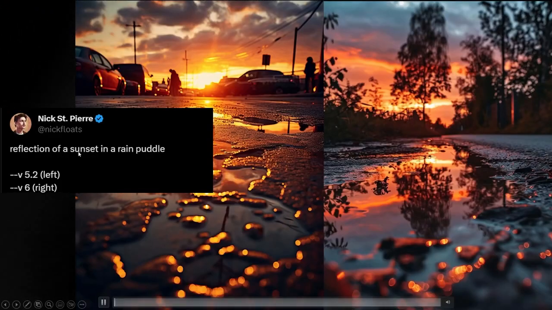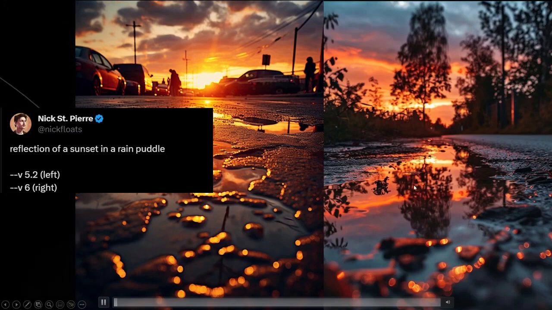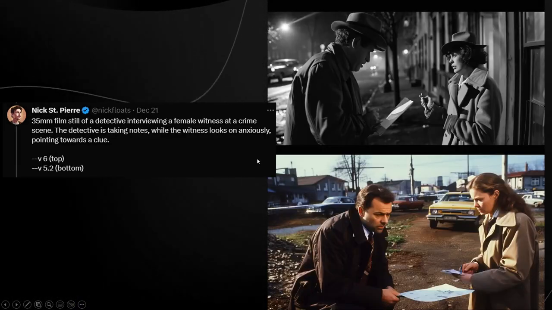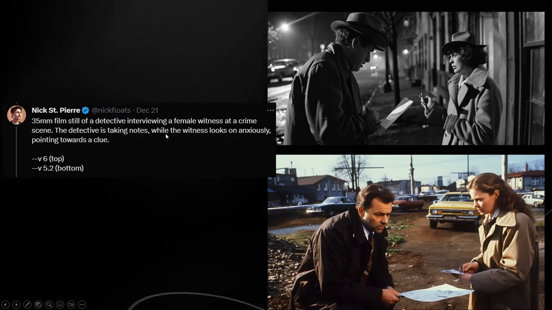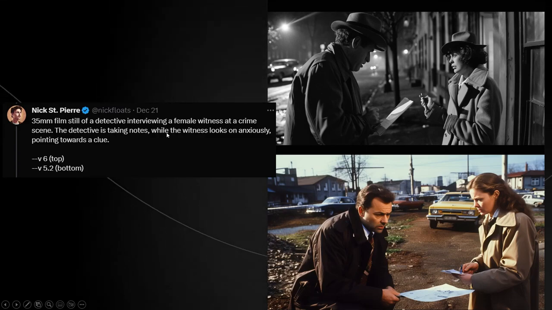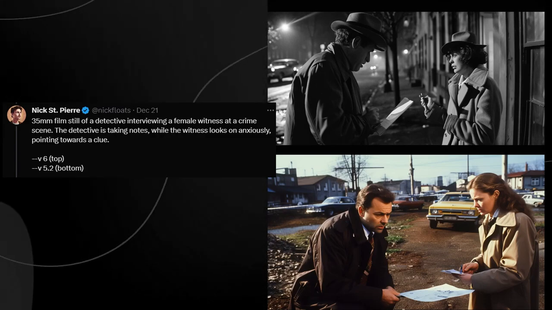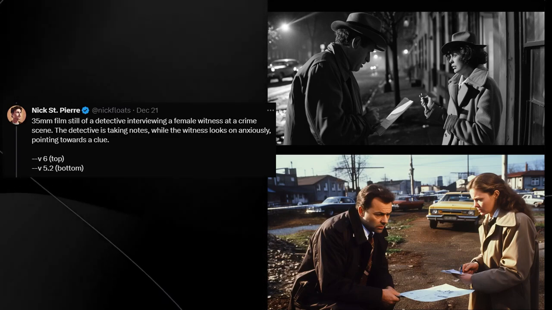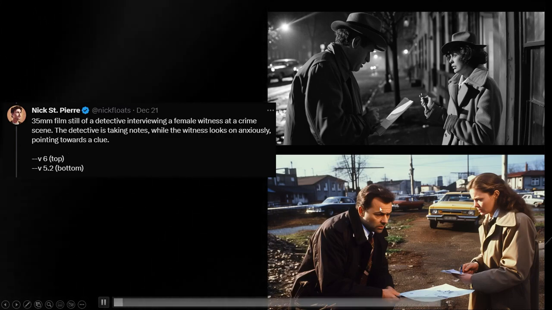And of course, we have reflection of a sunset in a rain puddle, version 5.2 on the left and version 6 on the right. I don't think there's that much difference here, apart from the fact that version 6 seems to be a little bit more detailed in terms of the quality. And this one, I really do like. I really do like the old styles as well, because it shows us that not only is Midjourney able to capture new things in a variety of angles, it also shows us that it's able to get different genres and different styles really correct. So you can see that this one, we have detective interviewing female witness at crime scene,